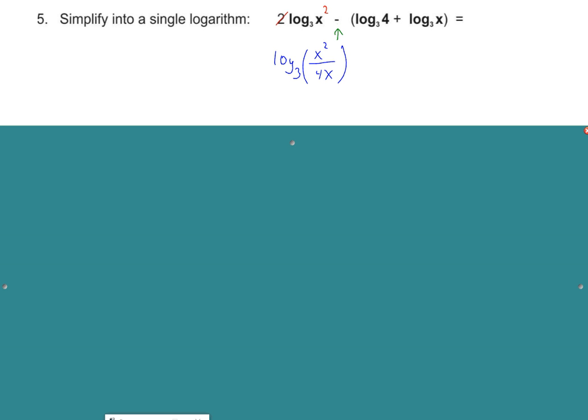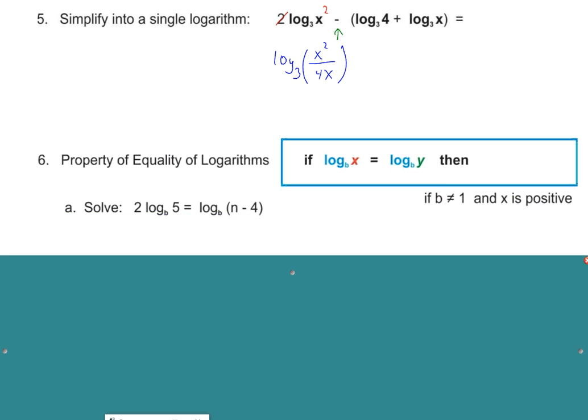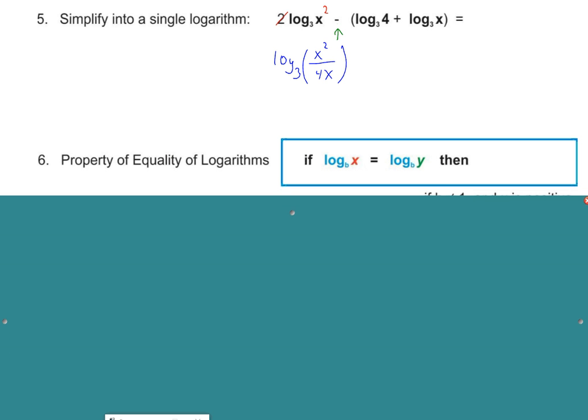And again, you just got to know the properties to be able to do that. If you don't know the properties, then you're not going to have the thoughts of what to do. So work on the properties, get those down, make sure you have them down pat. Okay, we kind of used this property already,